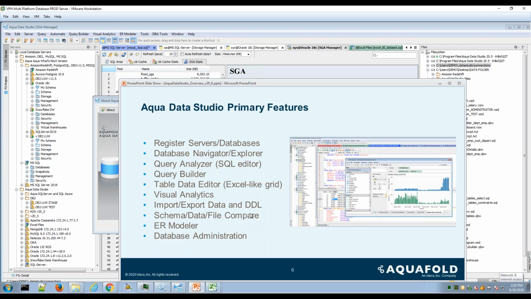Compare features are very strong in Aqua Data Studio, from just quick object compares to more complex multiple object compares with schema compares. And then there's even command line utilities to launch compares. We also mentioned Fluid Shell as maybe a more advanced shell utility that's embedded in Aqua for all the different platforms. So lots of ways, either from an icon or a main menu or a right-click menu, to launch these core